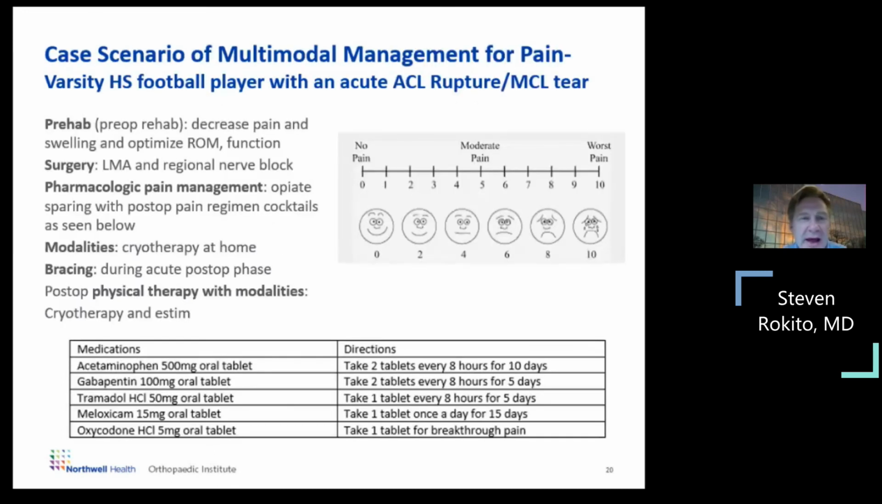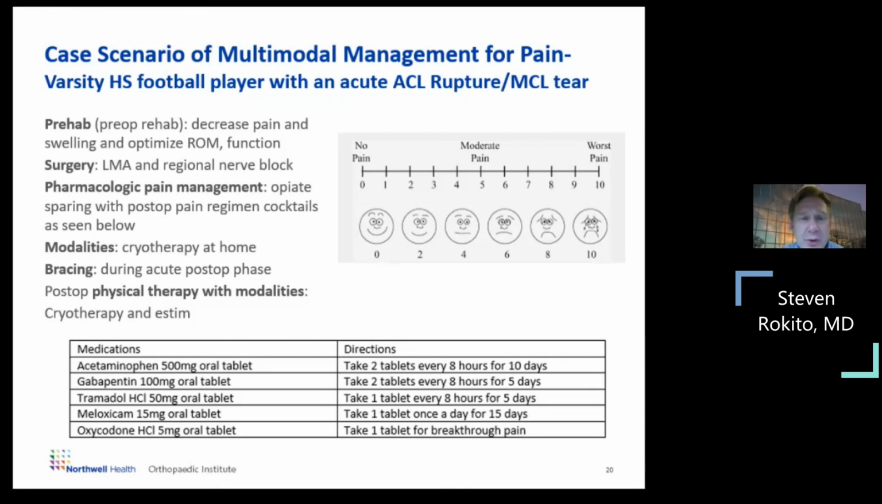So here we get to a live case scenario: a typical varsity high school football player with an acute ACL rupture and MCL tear. What I like about this slide is we've summarized the entire presentation right here in one slide. What are we doing with a case like this? He comes in, he gets injured, his knee is swollen. We're going to start with pre-op rehab, otherwise known as prehab, right? We're going to decrease his pain and swelling and optimize range of motion and function in preparation for reconstructing his ACL. So we'll start by using modalities,